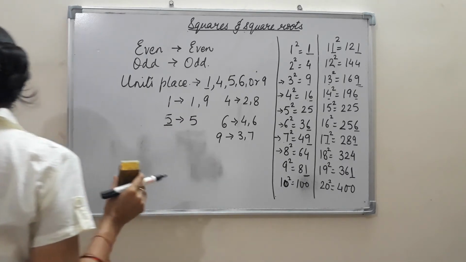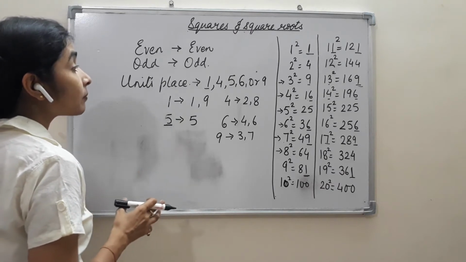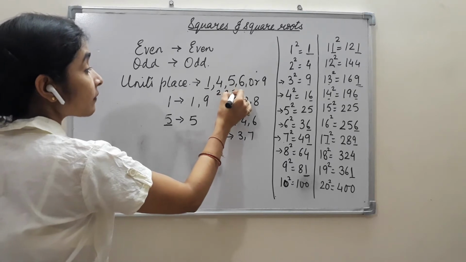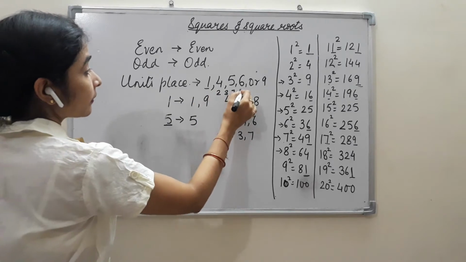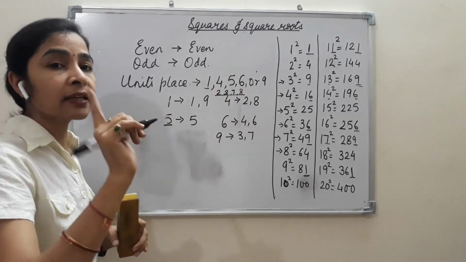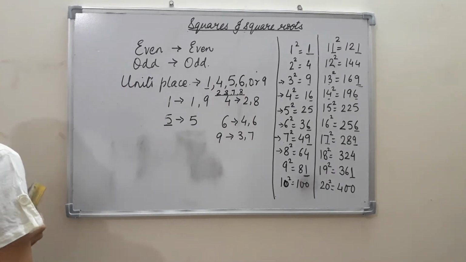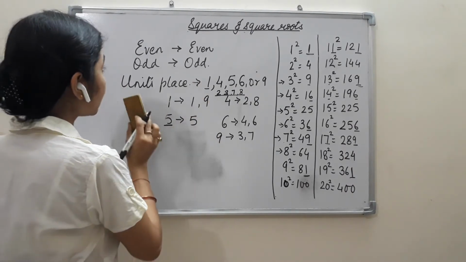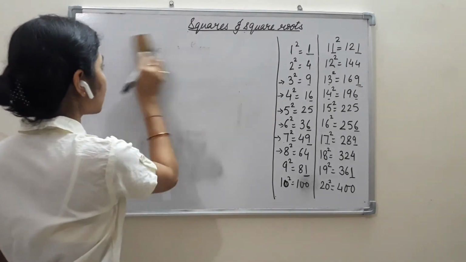Okay, so up to here we have studied which digits do not lie at the units place in a perfect square number. Those are 2, 3, 7 and 8. These are not on the units place. If they are on the units place, that means that number is not a perfect square number. Okay, now from this table one more thing we can observe. Now I am erasing this. What else can we observe from this table?